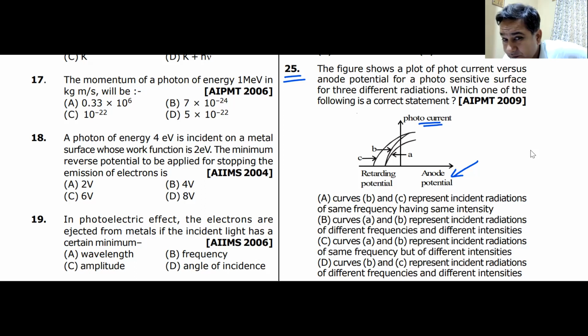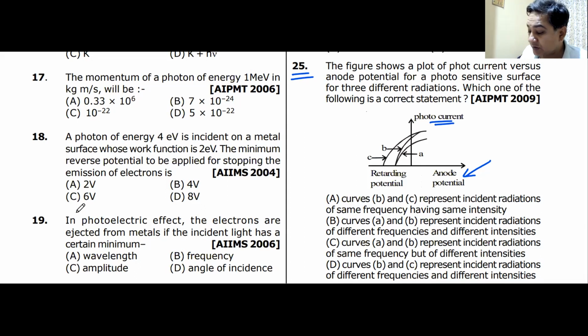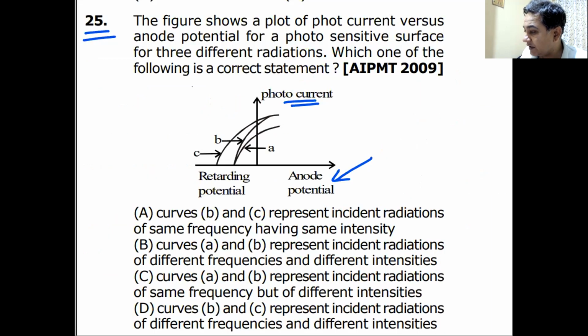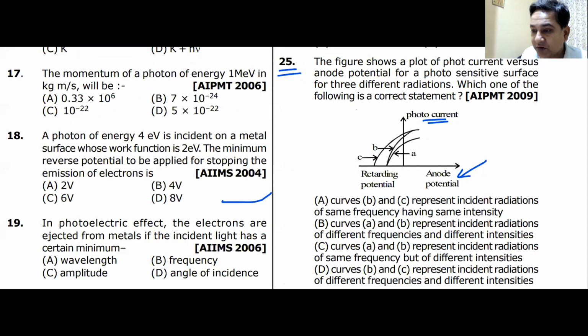See, you don't remember the graph. That is a problem. How do I find a solution to this problem? Because the solution to this problem basically lies in what we had done in the previous class. If I do this, everything goes away. When I'm making it shorter, everything is going away, so I make it longer. Okay. So how do I solve this? This is a graph between photocurrent and anode potential.